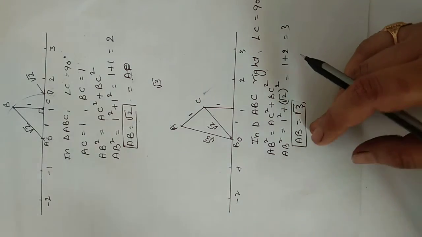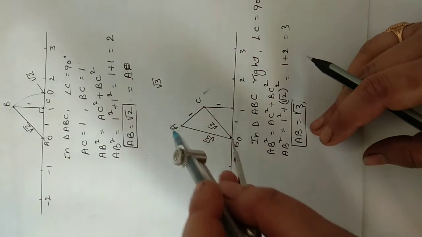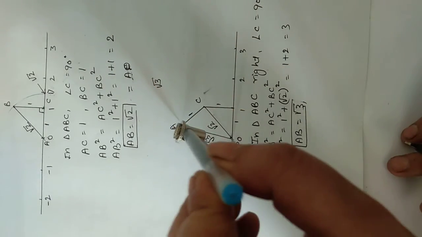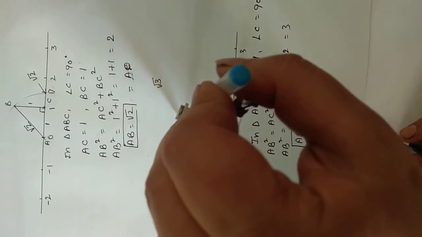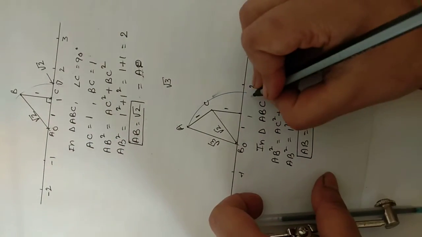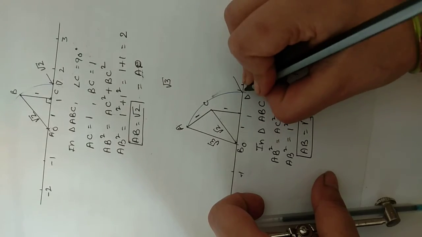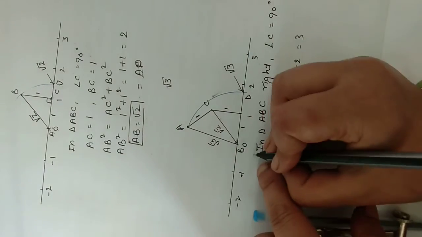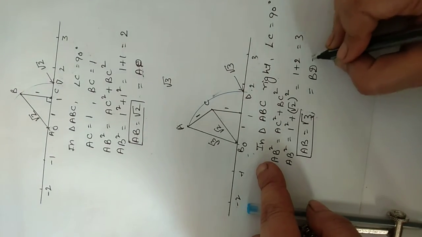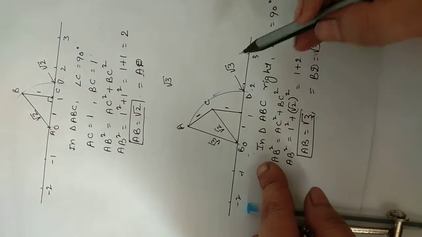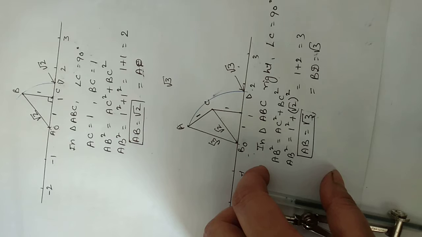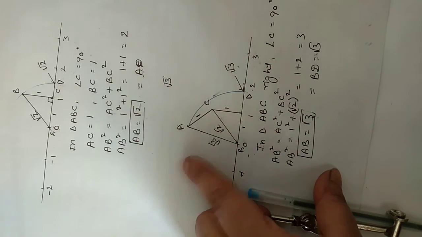Now again the same thing we will repeat. What you have to do? You have to represent that root 3 on number line. So taking this distance in your compass as radius of a circle, you will draw an arc. Okay. So this new point, if you name it D, is root 3, from 0 to D, B to D. So BD is also root 3. This is the location on number line. Okay, because both these two are the same. Now root 2 we have done, root 3 we have done.